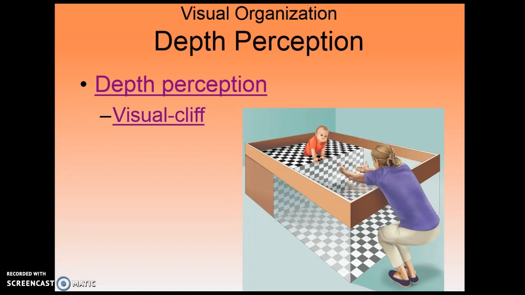So back in their Cornell University laboratory, Gibson and Walk placed 6 to 14-month-old infants on the edge of a safe canyon and had the infants' mothers coax them, as you saw yesterday. Most of the infants refused to do it, indicating that they could perceive depth. Had they learned to perceive depth? Learning seems to be part of the answer because crawling, no matter when it begins, seems to increase an infant's